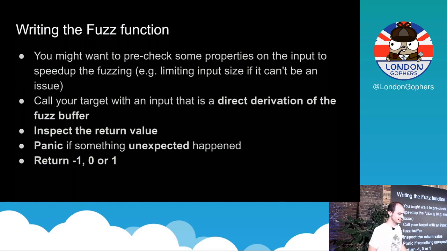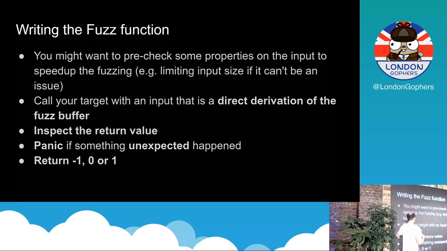Well, yeah. That said, let's get to the practical part, which is the good part, not too much about theory. So, you want to pre-check your input. The fuzz function that you're going to implement accepts a byte slice. That's it, full stop. If you know that your program will never accept a byte slice that is longer than 5 bytes, just straight away reject anything that is longer. That is just going to tell the fuzzer, be faster and just don't feed me useless data.